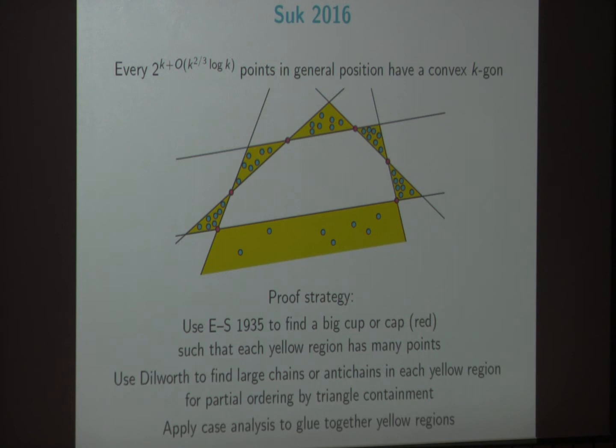So, unfortunately, that's still not good enough to resolve the 2 to the k minus 2 plus 1 conjecture. It's 2 to the k plus something else. And so Suk doesn't get the $500 prize. But it's big progress, and it means that